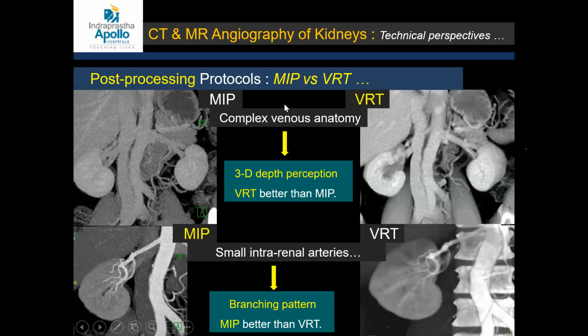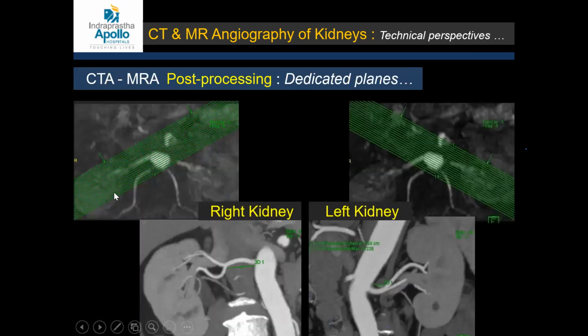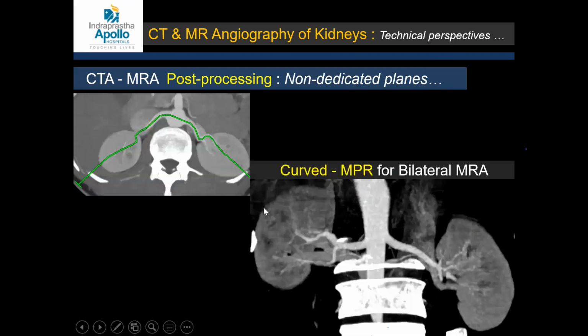But there is a lot of post-processing options which are possible with volume scanning. So MIP is a maximum intensity projection, and VRT is a volume rendering image. So these are different forms of post-processing protocols which help in looking at the complex venous anatomy or small intrarenal arteries. This is the plane for the right kidney where we can see the complete course of the right renal artery. This is the plane for the left renal artery where we can see the complete course of the left renal artery into the renal hilum. This is a curved plane or a curved MPR where we can see the renal arteries on both sides in a single image. So we can process the volume data according to a particular line, which can be straight or which can be